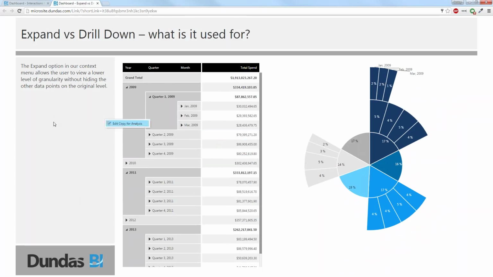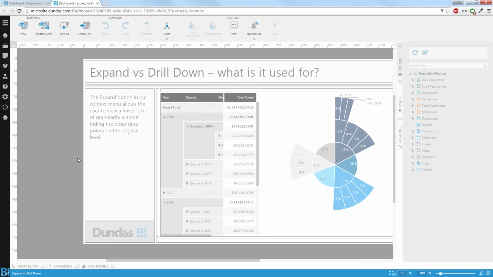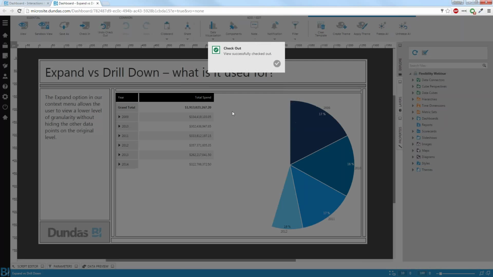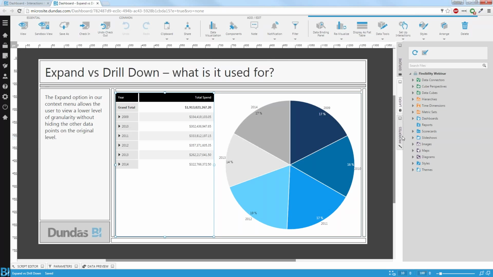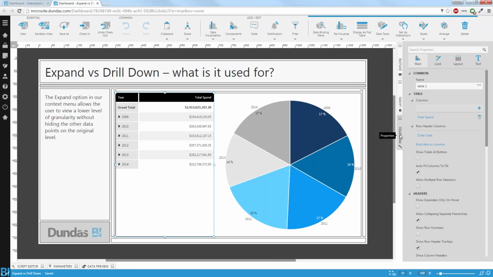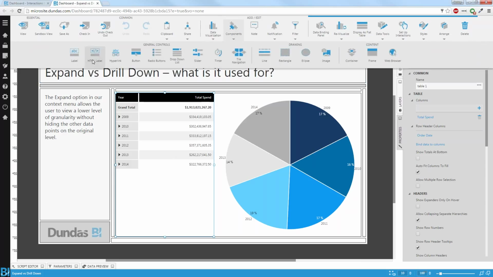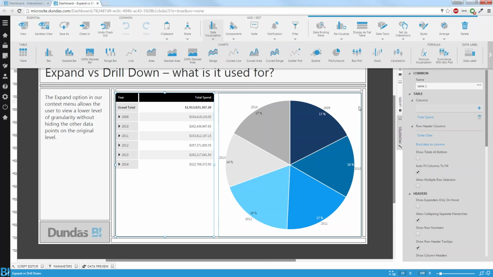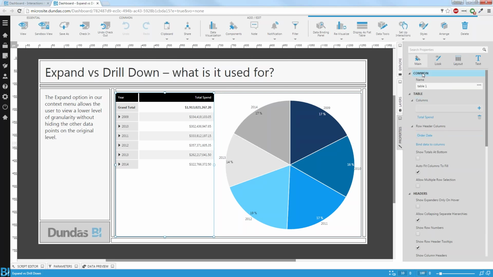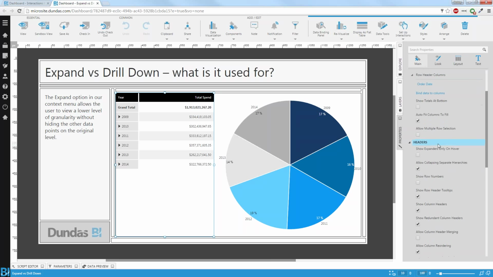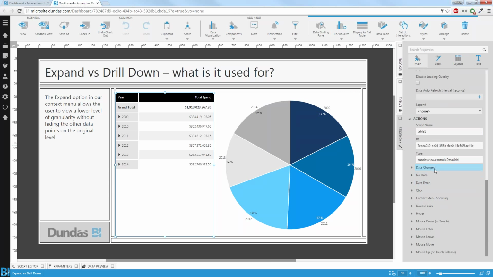Now the actual script to do that is, let's just edit this. Check this out. For those of you who aren't aware of the different events that you can hook into, in the properties of the visualization itself, or any component for that matter, it could be a data visualization, or it could be a component, a non-data driven item. But in the actual visualization itself, there's a section in the main tab of properties, all the way down at the bottom. These are all the different events that can get triggered during the user's interaction with the dashboard or